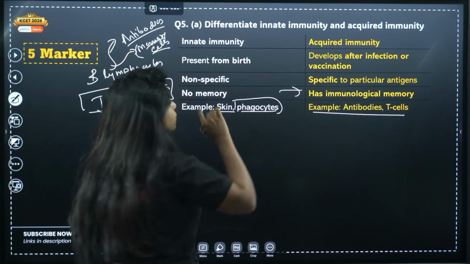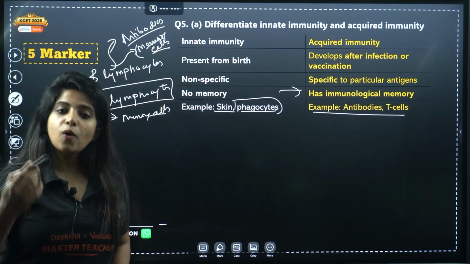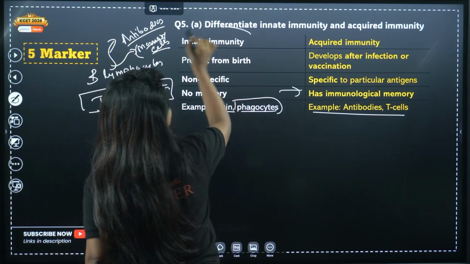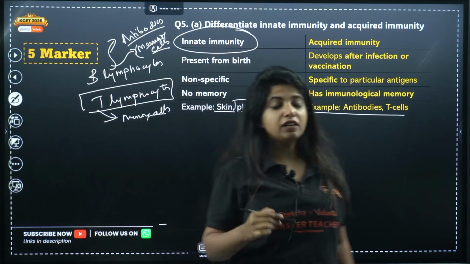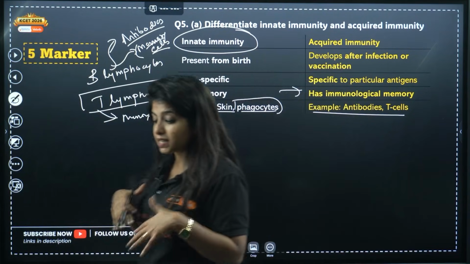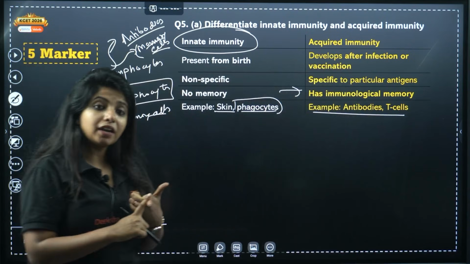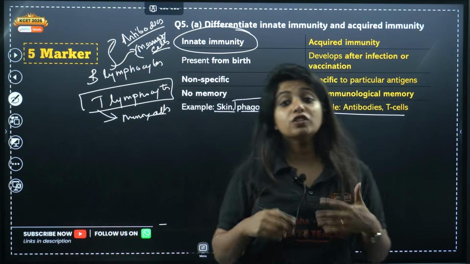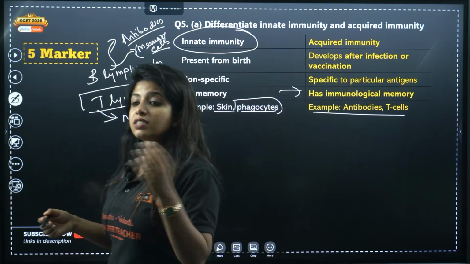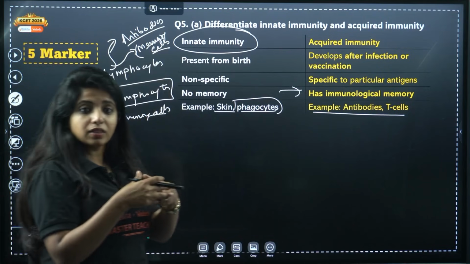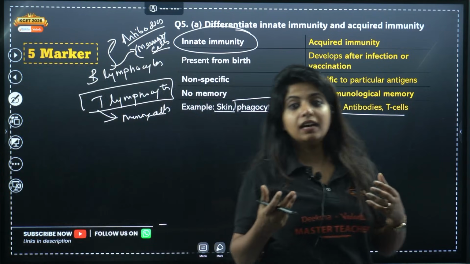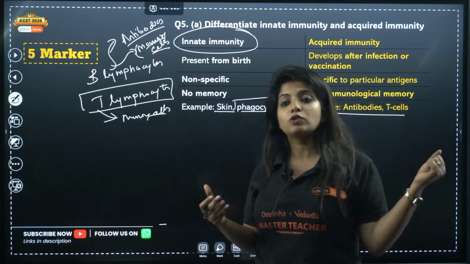Now in your NCERT, one more thing which is important is, what are the different barriers in the innate immunity? What are the different barriers which provide us innate immunity? There are physical barriers such as skin and everything. There are physiological barriers such as your secretions, for example, mucus that traps everything, right? Tears that also basically have enzymes such as lysozymes which will kill the bacteria.